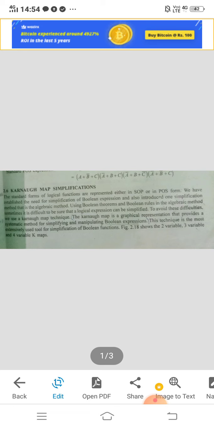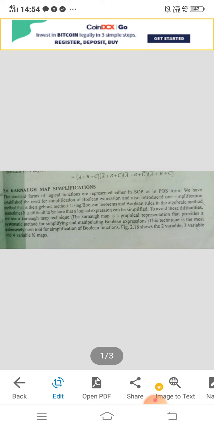Sum of products: sum means or, product means and, so it is a disjunction of conjunctions, which is DNF. SOP is also DNF. POS, product of sums: product means and, sum means or. So it is an and of ors, meaning a conjunction of disjunctions. So just remember, SOP is DNF, POS is CNF. Okay,